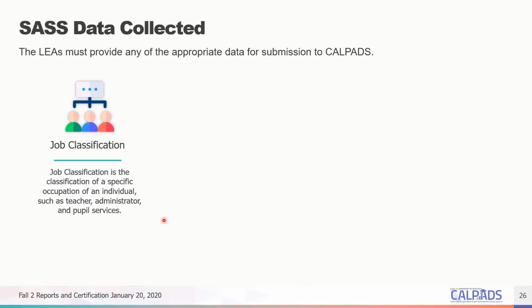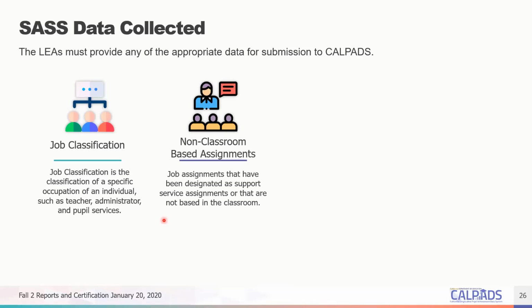You're telling CalPADS, okay, this is a certificated staff who might be a teacher, an administrator, or working under pupil service. And then, of course, you have your non-classroom based assignments. These are assignments assigned to administrators and pupil services by default since they're not teaching a class. And so these are your assignments.